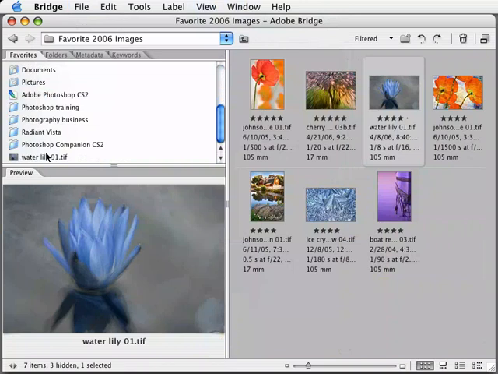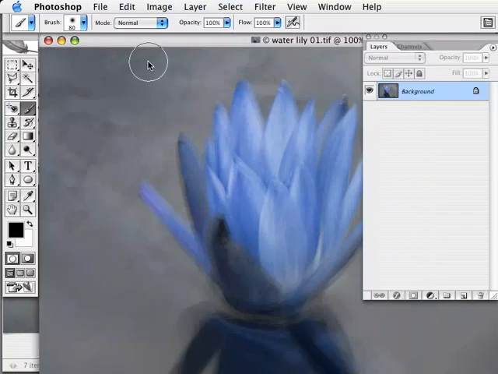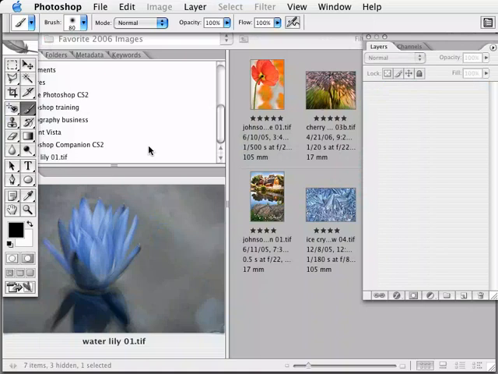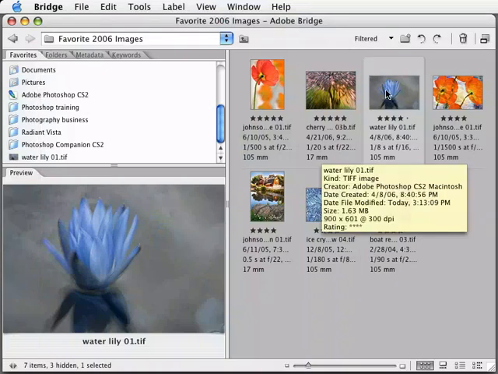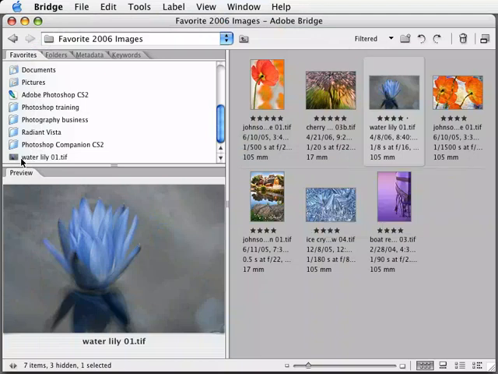That was inadvertent. I had the water lily image selected and it added that to the favorites. Well, that's nice to know, and let me close that image. That's nice to know because it means that you can make folders or files, or applications for that matter, your favorites, but I really didn't want that to be a favorite, so let's see if I can get the folder